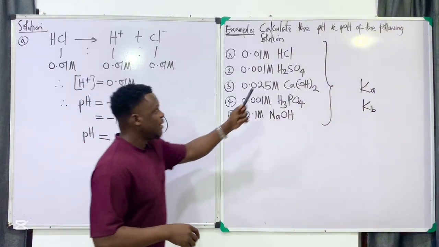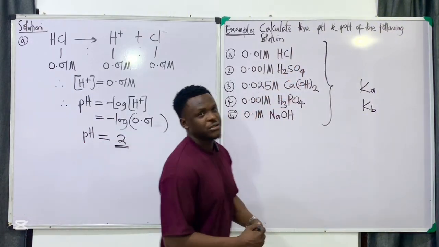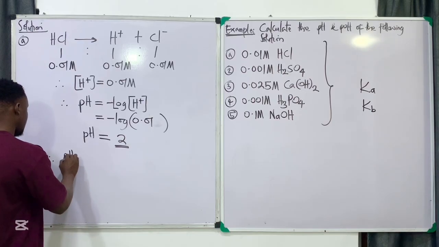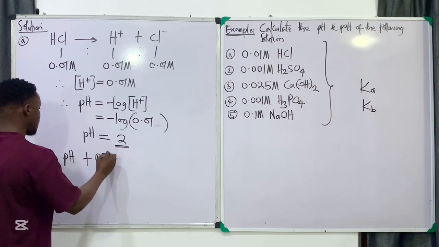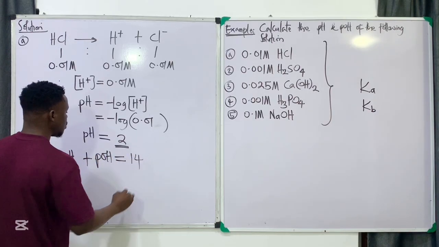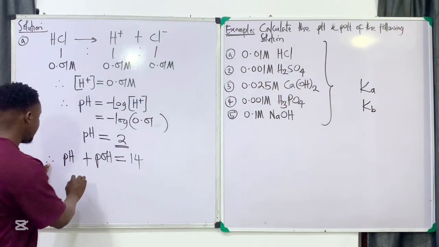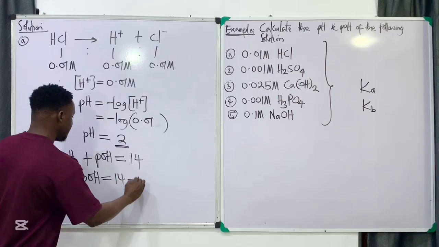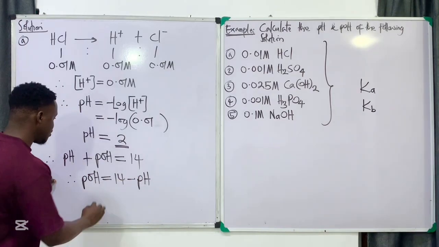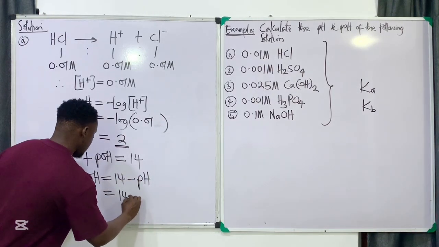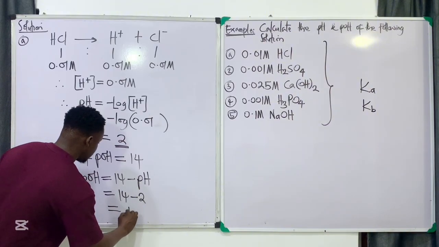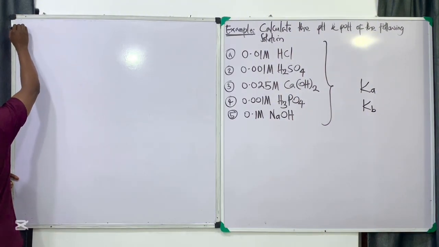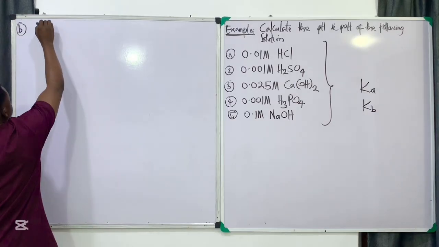But remember, they asked for pH and pOH, not just pH. So this now becomes pH plus pOH is equal to 14. Alright, so our pOH equals 14 minus pH. So this is 14 minus 2, which is 12. The B part, so the number 2, we have